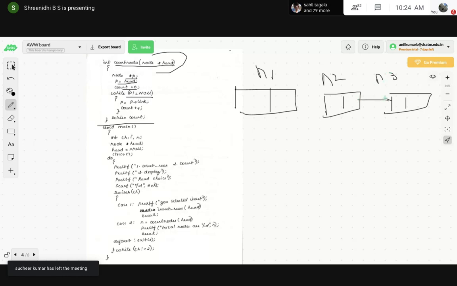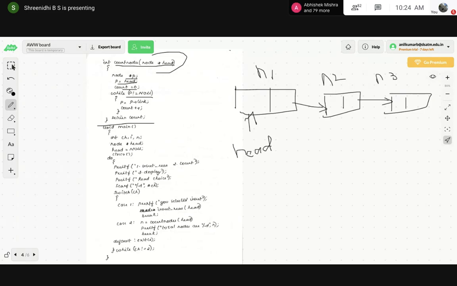Is p equal to null or not equal to null? Check the condition. Is p equal to null or not equal to null? Section B and C, reply fast.